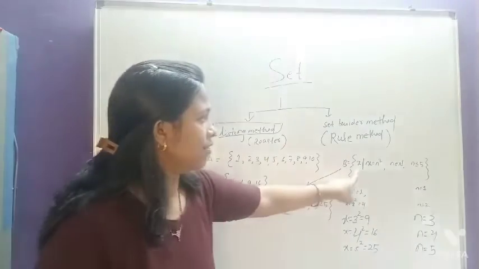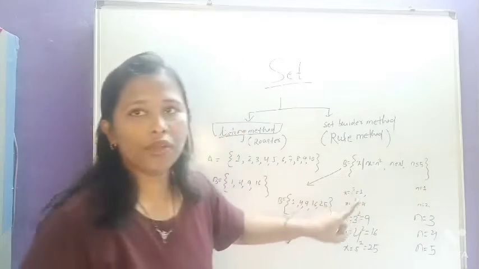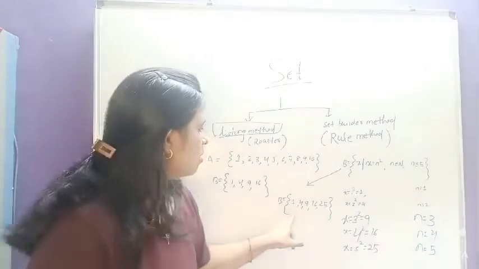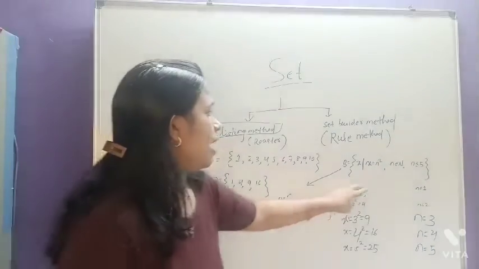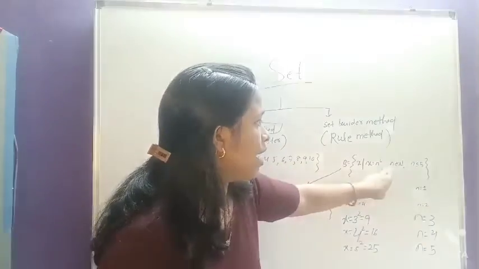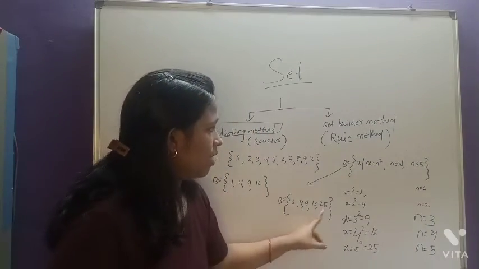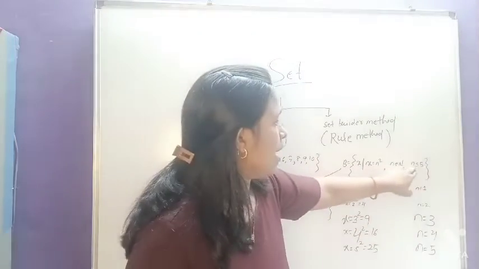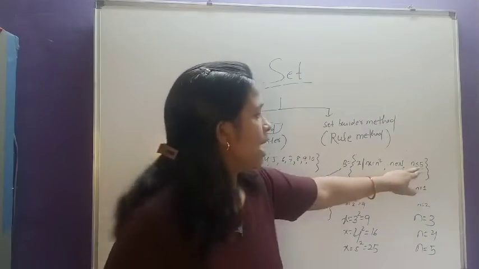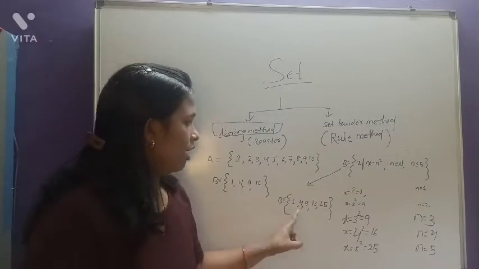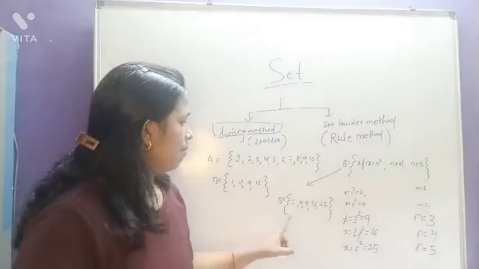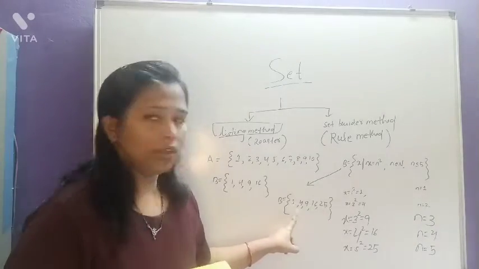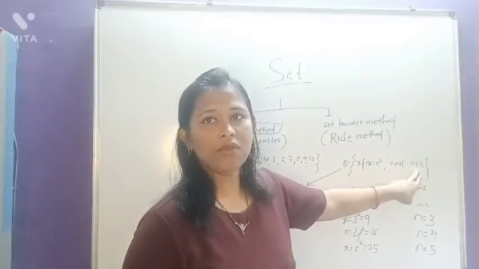So I am writing x such that x is equal to n square, because here all these numbers are square numbers. Yes or no? These numbers are square numbers. So I am writing x is equal to n square, and also you know these elements belong to set of natural numbers. n belongs to the set of natural numbers as n less than equal to 5. I am giving this condition because I am not taking here all the square numbers. I am taking the square numbers till 5. That means from 1 to 5. What is the meaning of n less than equal to 5?